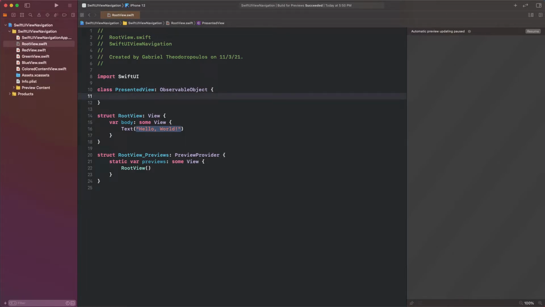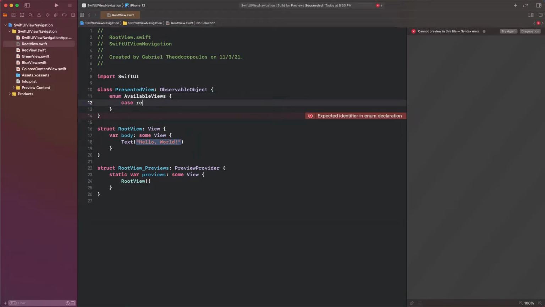Inside the PresentedView body, I will define another custom type. That's going to be an enumeration, with cases that will be representing the views in the same hierarchy level that we want to navigate among. So here is that inner custom type called AvailableViews, where I provide the cases red, green and blue.